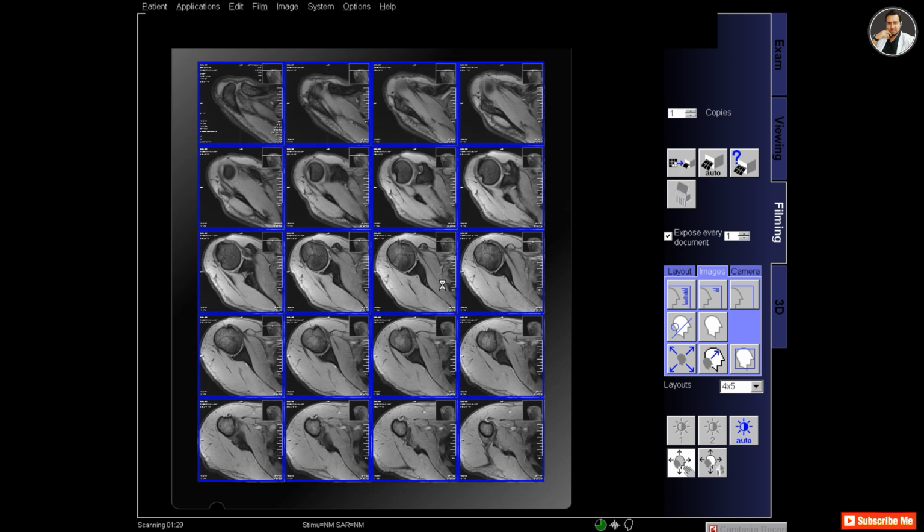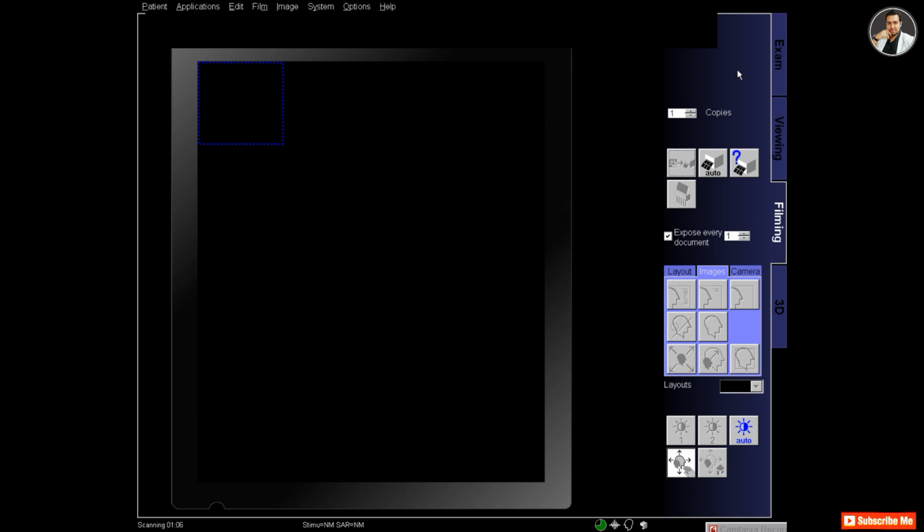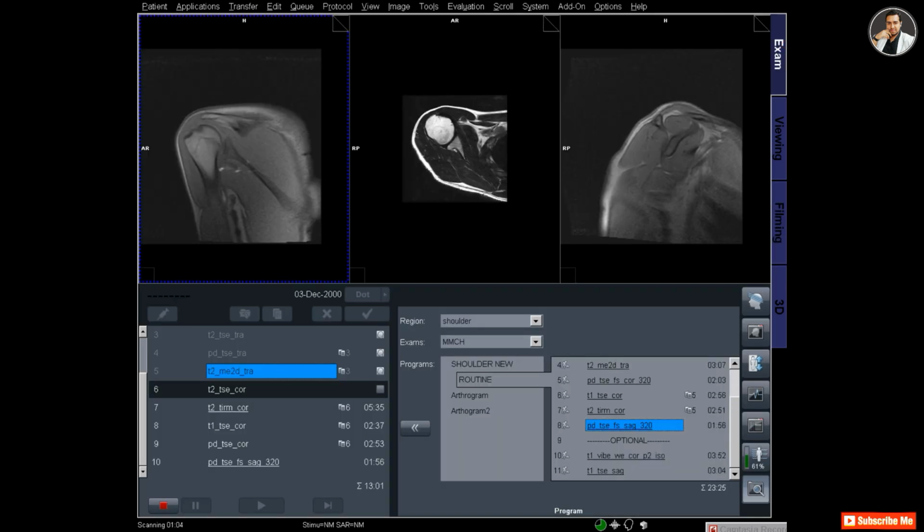Adjust the window so that it looks fine, not so bright and not so black. And also give the reference image in each segment so that the radiologist can understand where the reference line comes from.